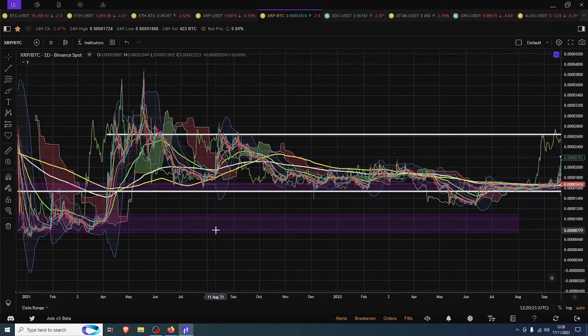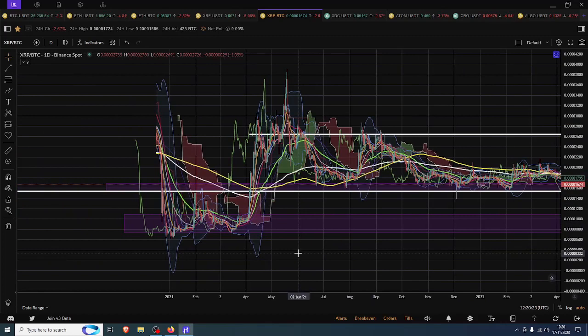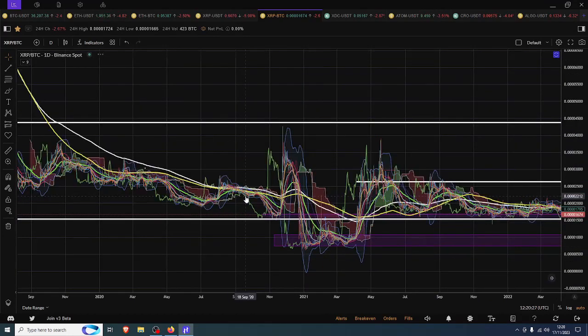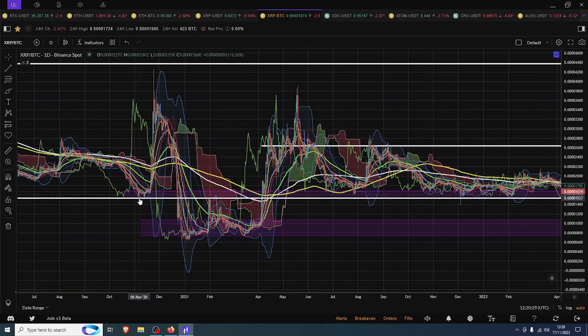Again, just like the 200 simple or the exponential, it's not perfect. It's absolutely not perfect at all. This was really quite fashionable for the first time when this happened, back in November 2020. Pow! XRP, that's what it does. And then, straight down through it this time around. Terrible. Awful stuff, really. But look, once it reclaimed it, even in this period in 2021, we shot up, we came